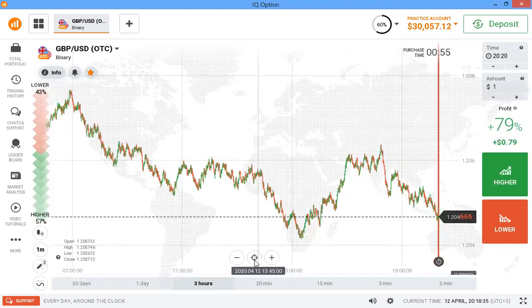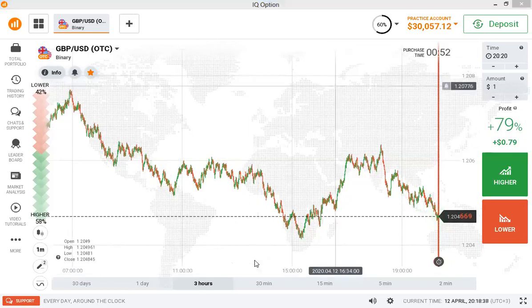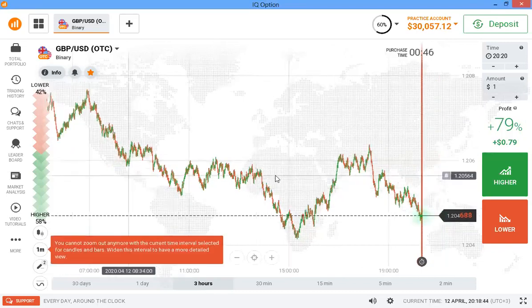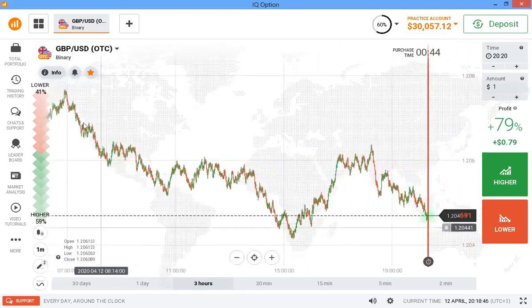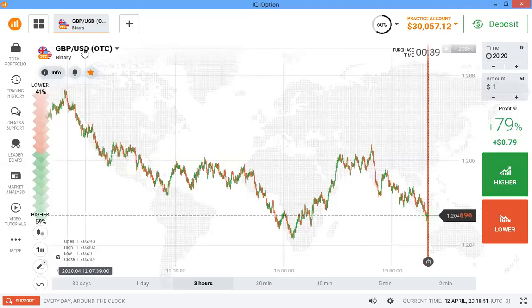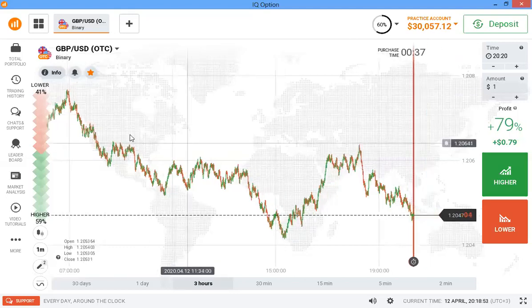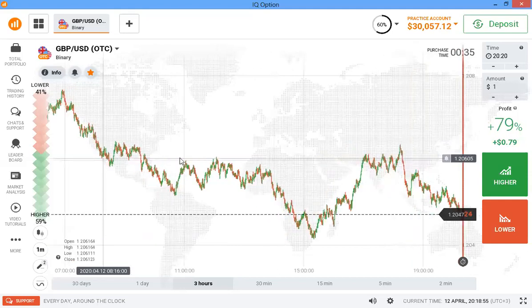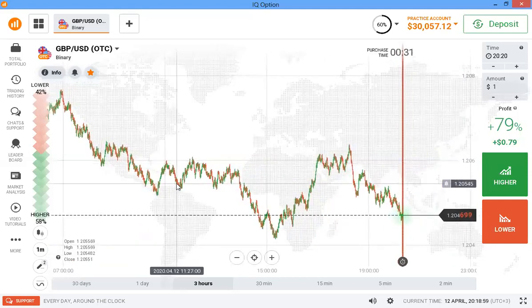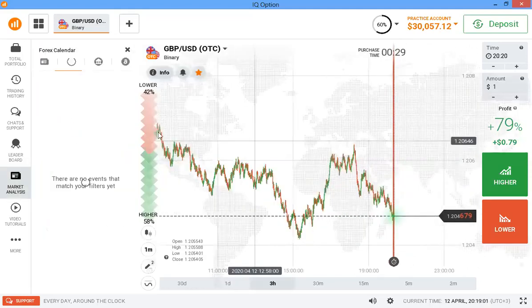Okay, so as I was saying, before you start trading, first check what you see and what you observe on the chart. That is the most important thing while trading. Here I have opened GBP USD and this is OTC market. So if I want to draw my support and resistance area, the first thing I do is